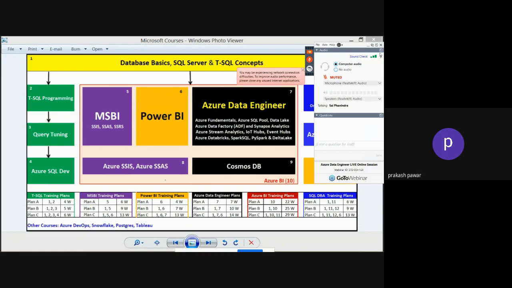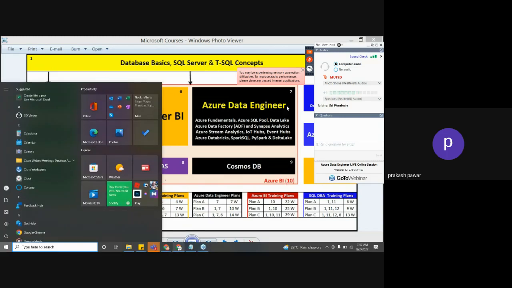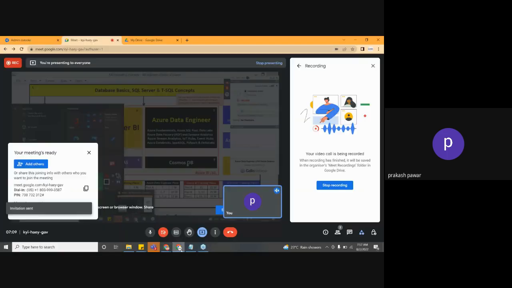Okay, I understand. Once you complete 5, 6, 7, 8, 9, then we have that one. Is there a way to register for that class after the data engineering class? Candidates going for Azure BI module 10, we have those classes automatically. In 10 we include 7, 6, 5, 8, and 9, right? Once you complete